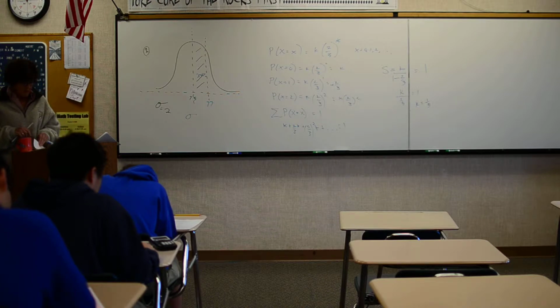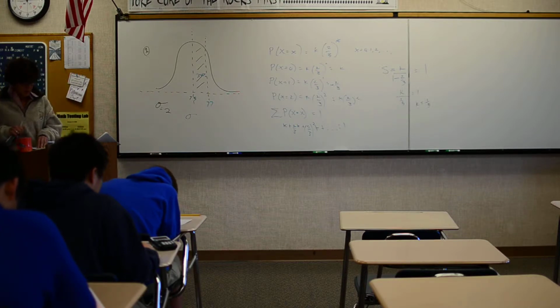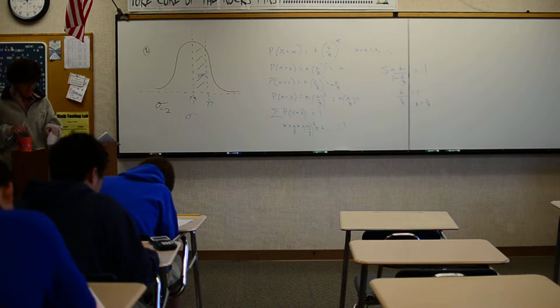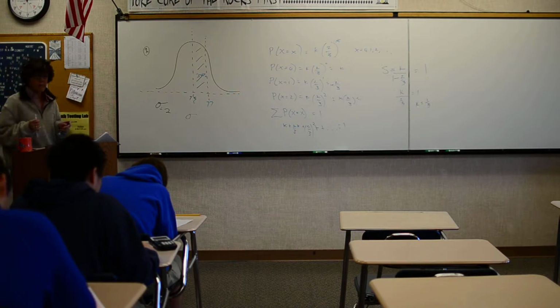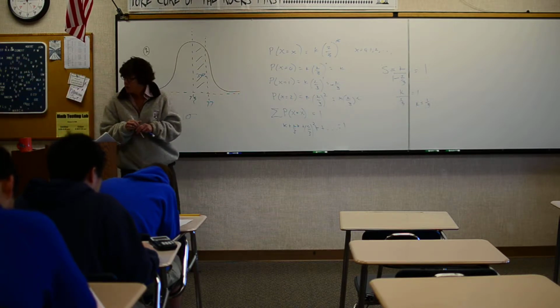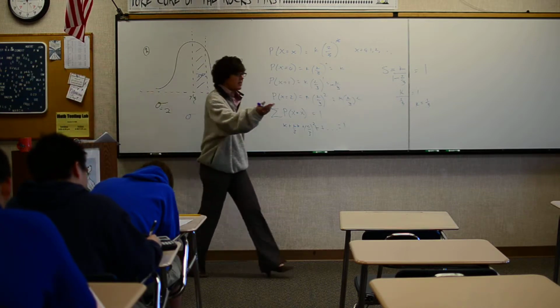Again, the sum of the probabilities has to be 1, right? So if I add 1/5, 2/5, 1/10 plus x,